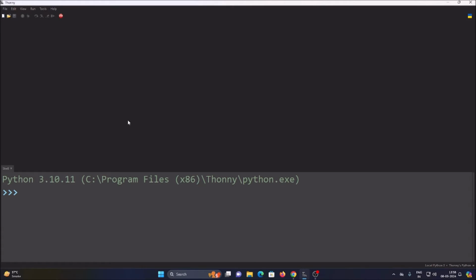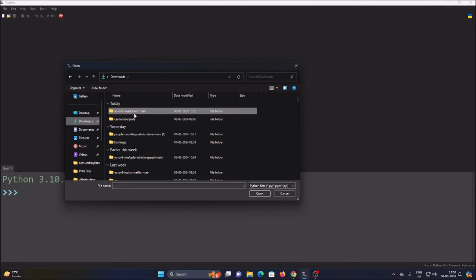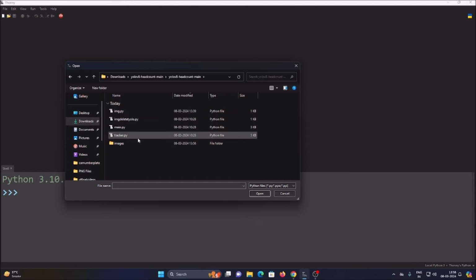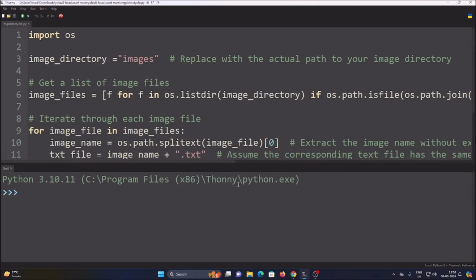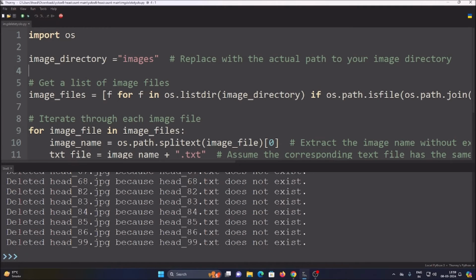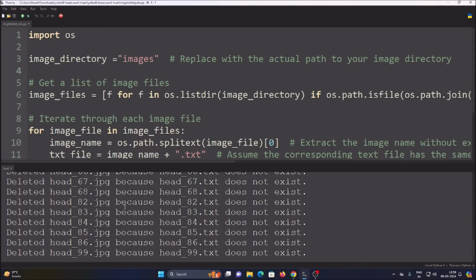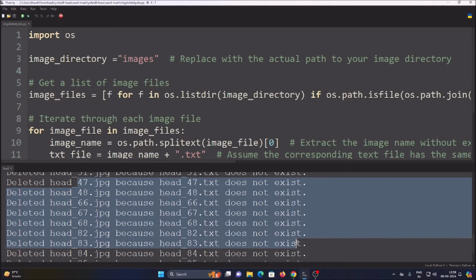So we want to open our img delete yolo.py code. File, open, downloads, our repository, the same repository folder again, and img delete yolo.py, and it will delete all the images from the images folder. As you can see, I have already mentioned the folder, because we created the images folder. If you create a folder with another name, simply mention that name over here, and it will delete all those skipped images from that particular folder which you mention. Simple. So let's just run the code, and as you can see, it deleted all those images which we skipped,